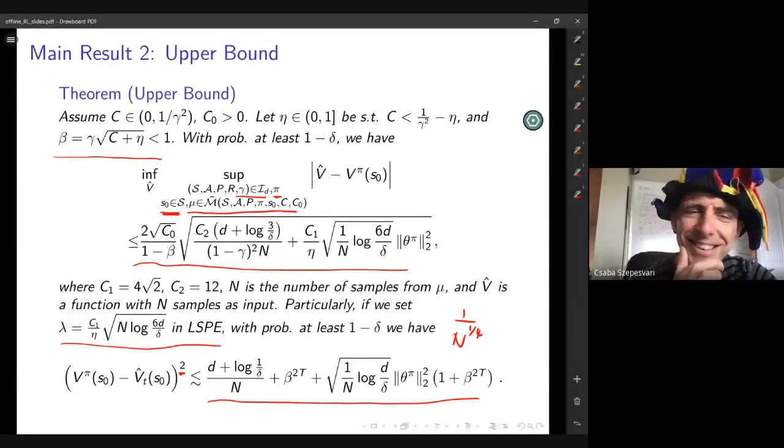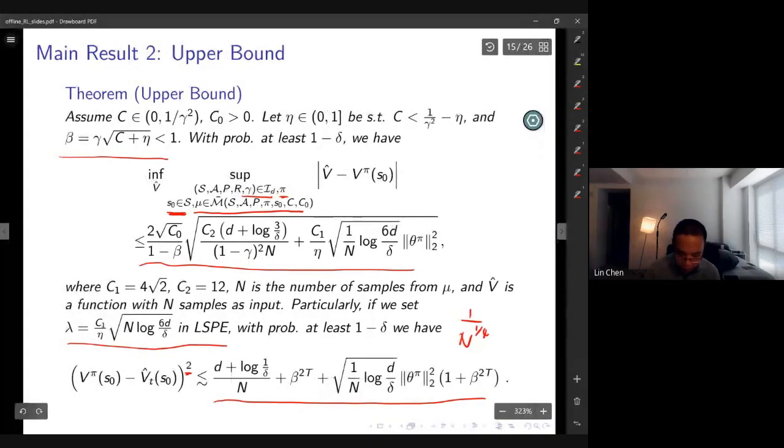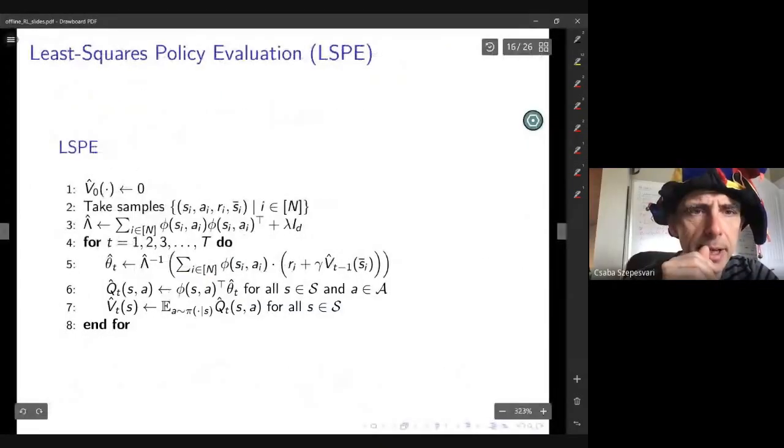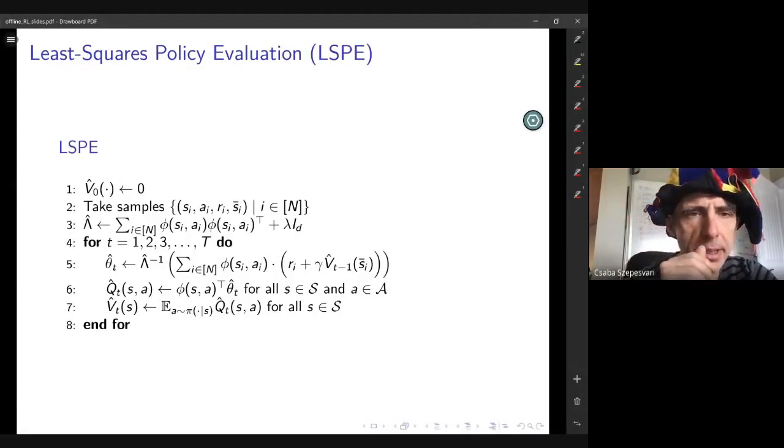Okay. I see. Thank you. Yeah, thank you for this great comment. I think personally this result can be improved, so I'm actually working on this. I'm not fully satisfied with this yet. But great point. I have a question about this, like the way the result was formulated on the previous